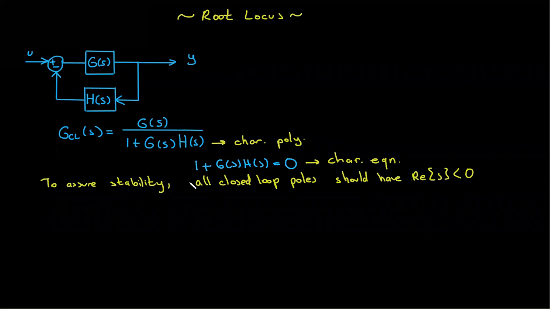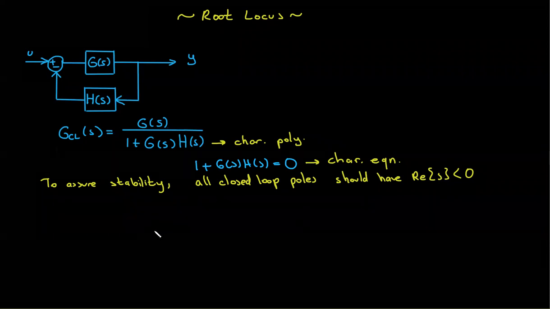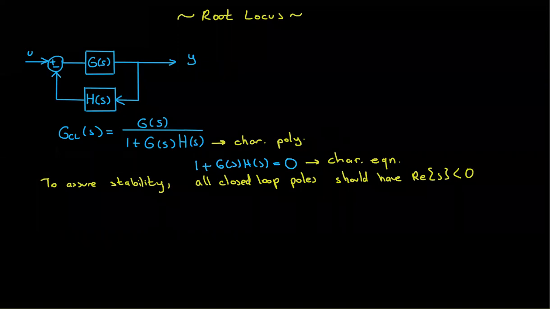Okay, so in the root locus, what we're interested in is what happens if we change a single parameter of the system, what happens to the closed loop pole locations. So that's our main concern in the root locus. So for the time being, let's assume that